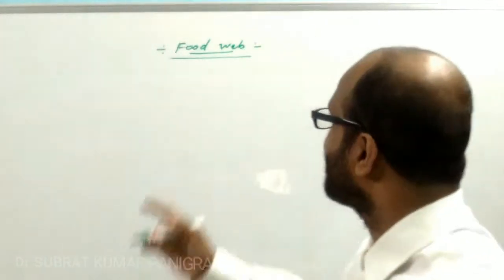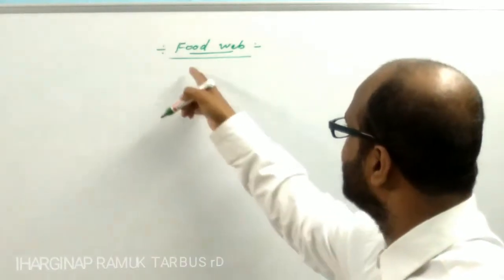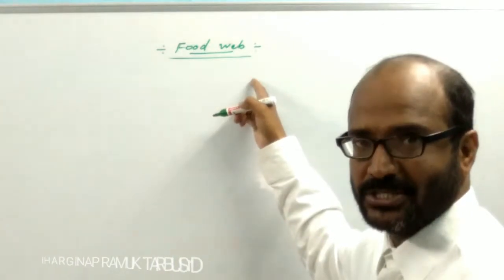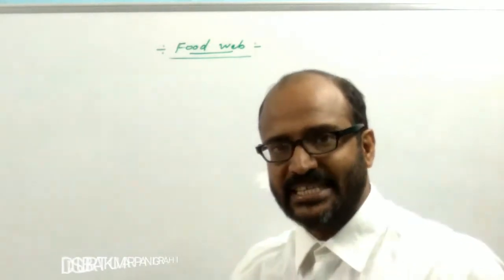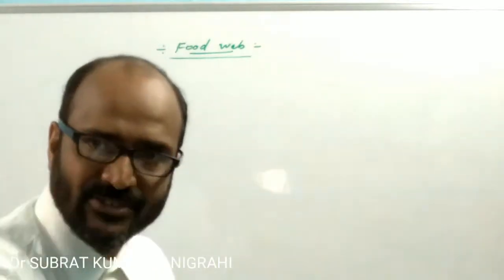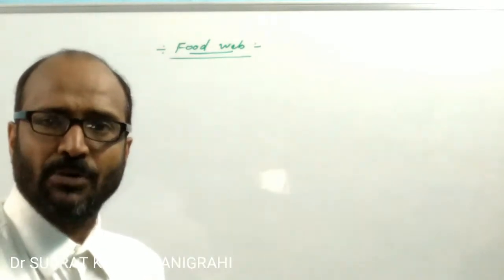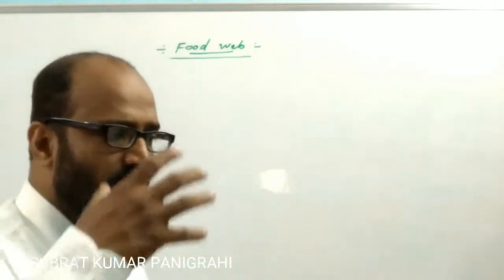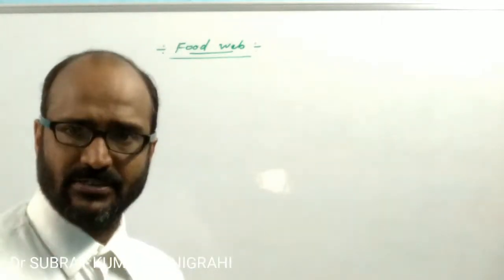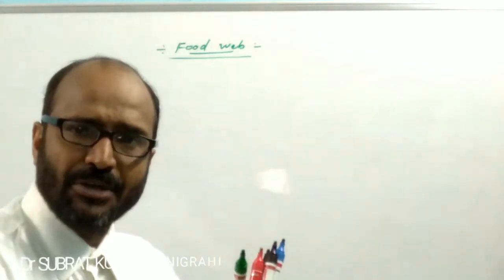In this session, I will talk about the food web. This is the second video on the flow of food in the ecosystem. As you all know, each and every organism of the ecosystem depends on others for their food and energy, and such organisms become the food of others. So there is eating and being eaten, and because of this there is a relationship among the different members of the ecosystem, which is known as the food chain.